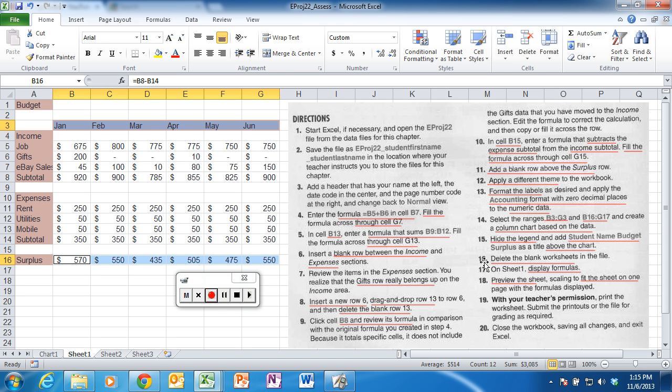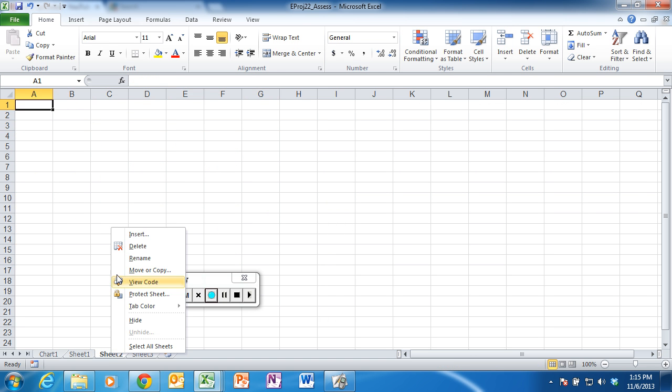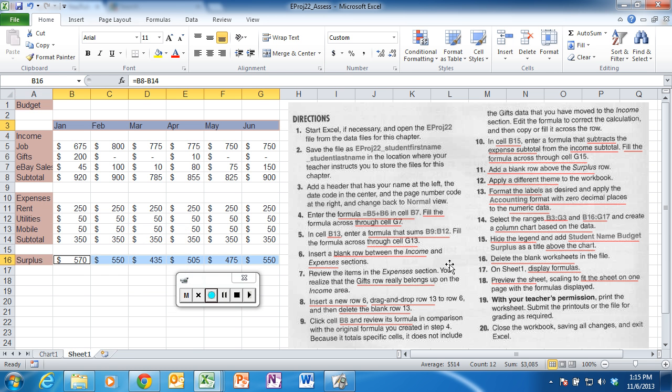Okay, step 16, delete the blank worksheets in the file. There are 2 blank worksheets, sheets 2 and 3. So we come down to the tab, we right click, click delete. We'll do the same thing for sheet 3, right click on the tab and click delete. Okay, we're almost done. Then in step 17 on sheet number 1, which we are in sheet number 1, we